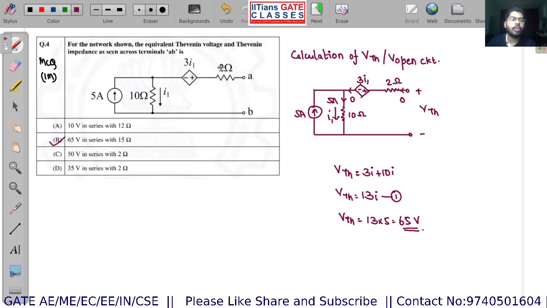But as I am solving here, I will also calculate RTH. So now calculation of RTH. For RTH, when a circuit has a dependent source, RTH is equal to VDC by IDC, the ratio of VDC by IDC when all independent sources are 0. All independent sources are 0. So let me redraw this circuit once again.